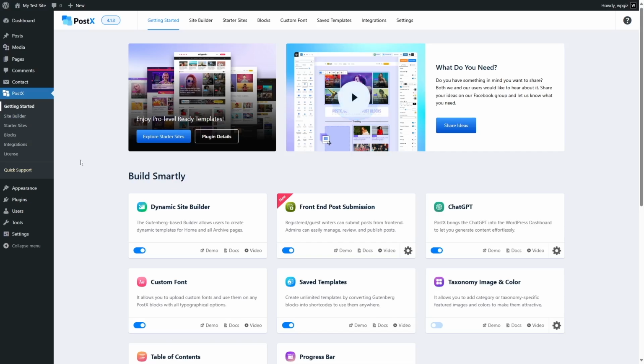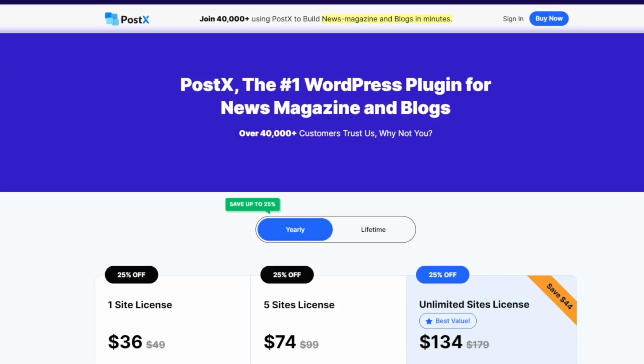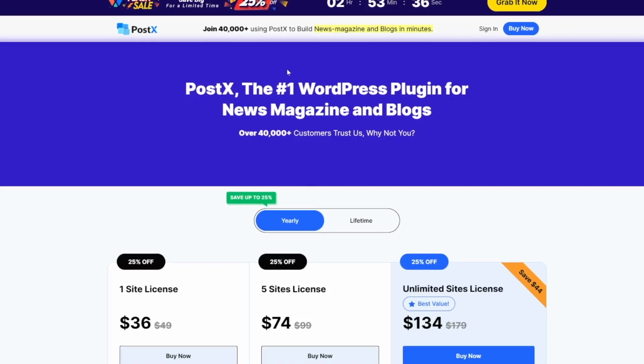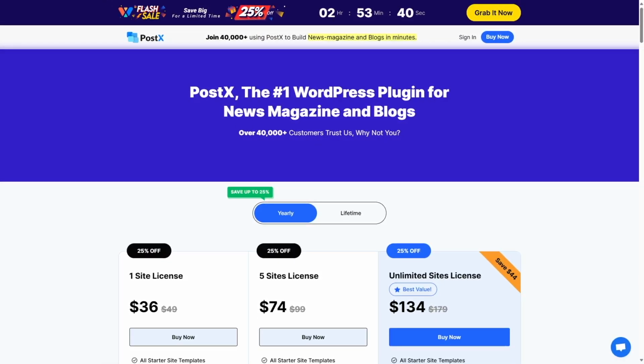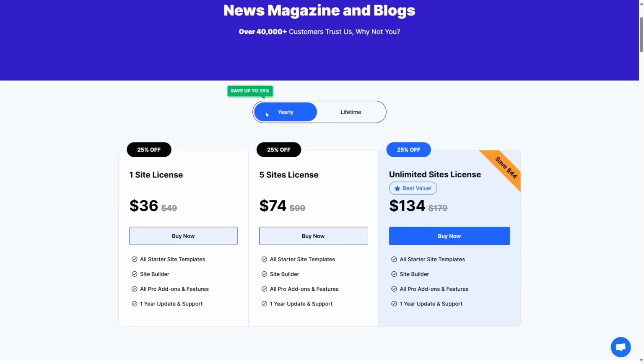Alright, now we know that PostX has a lot of features to craft your content site the way you want, but how much does it cost? Well, let's check out PostX pricing. PostX has a free and a paid version. So if we look at the pricing page of PostX, we can see that PostX has two plans, yearly and